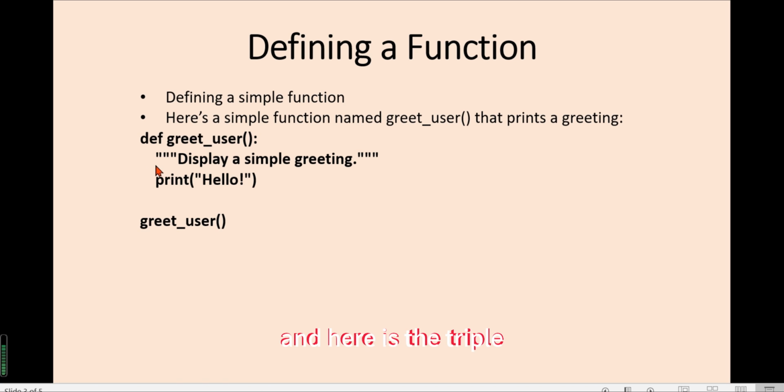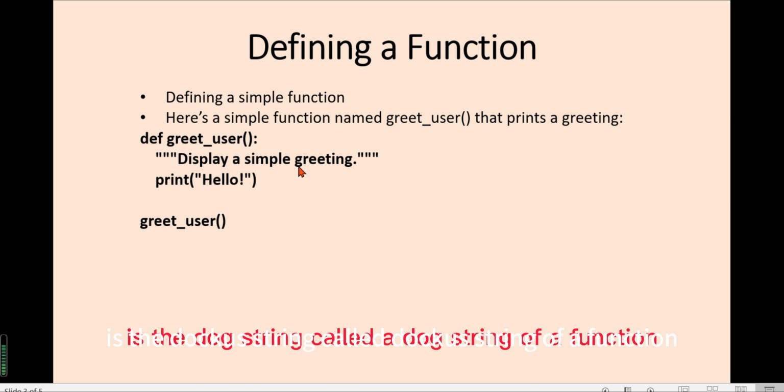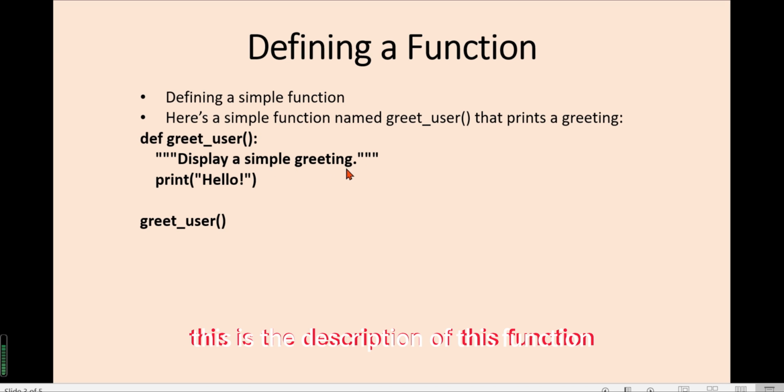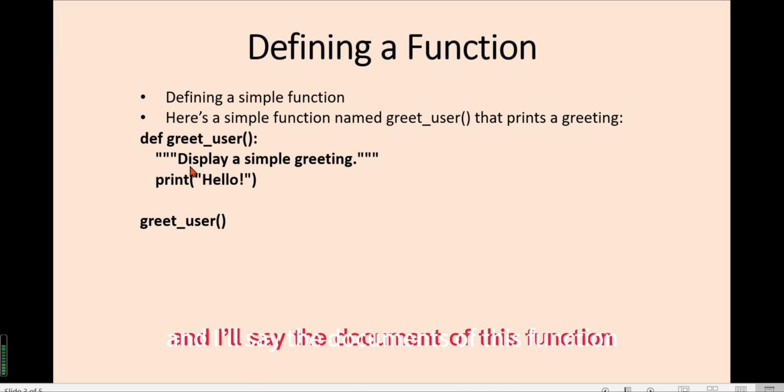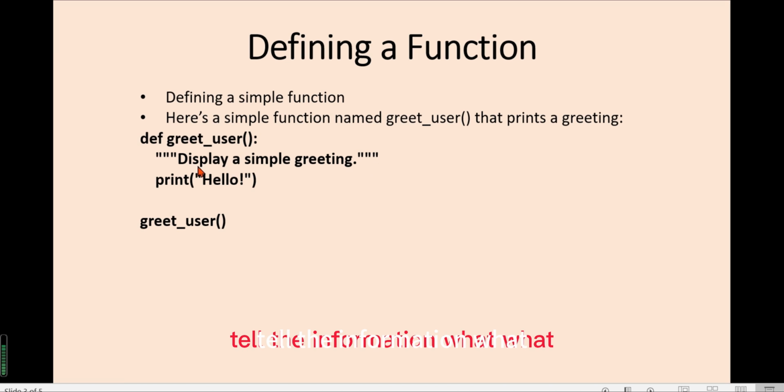Here is the triple double quotes. Inside the triple double quotes is the docstring of a function. This is the description and also the documentation of this function, telling what this function's